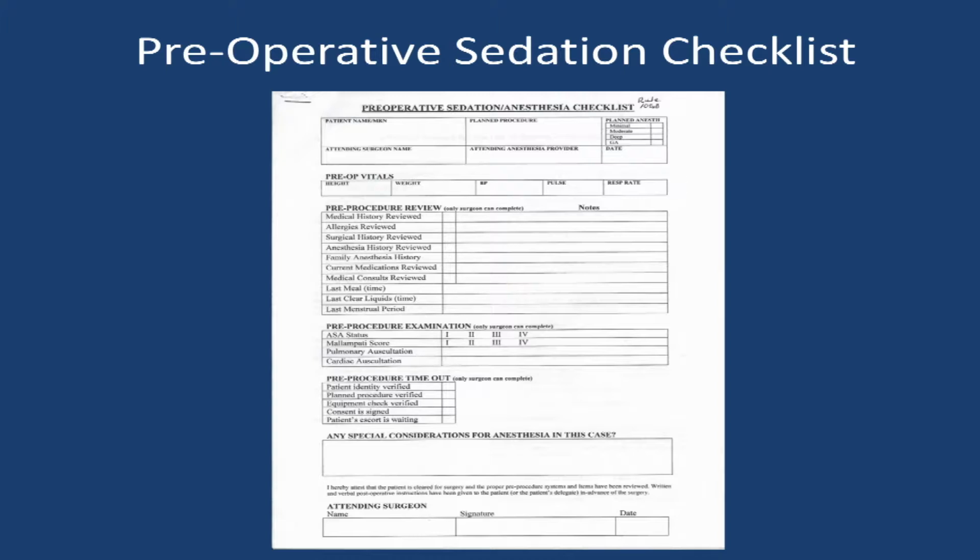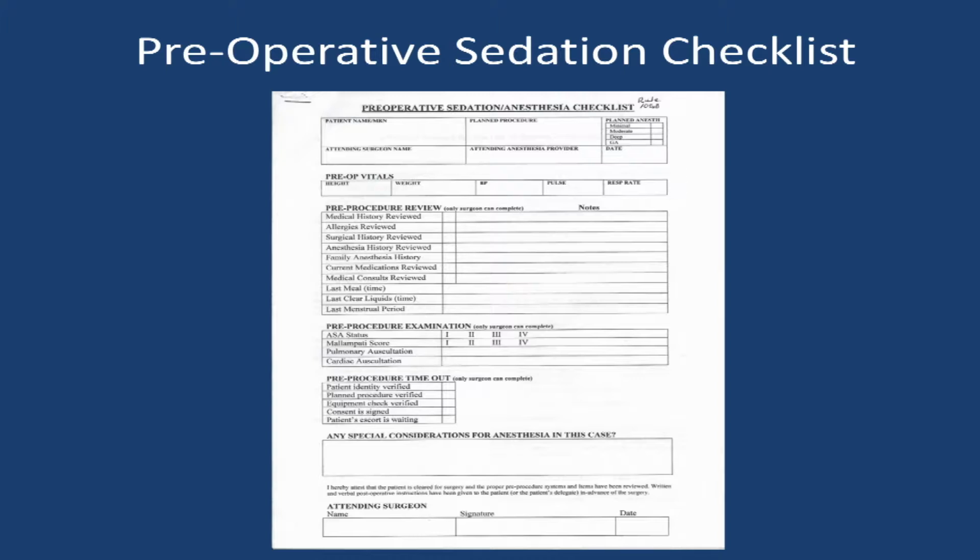Once you go through this list, or the list that you provide or develop, it's important to know what ASA status your patient has. What is the Mallampati score that you have for this patient? Does the patient have significant caries? Has their medical history been reviewed? Do they have